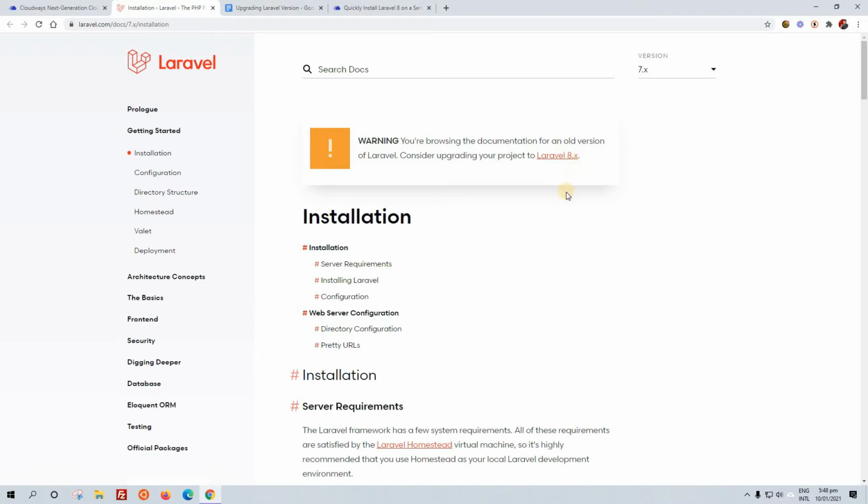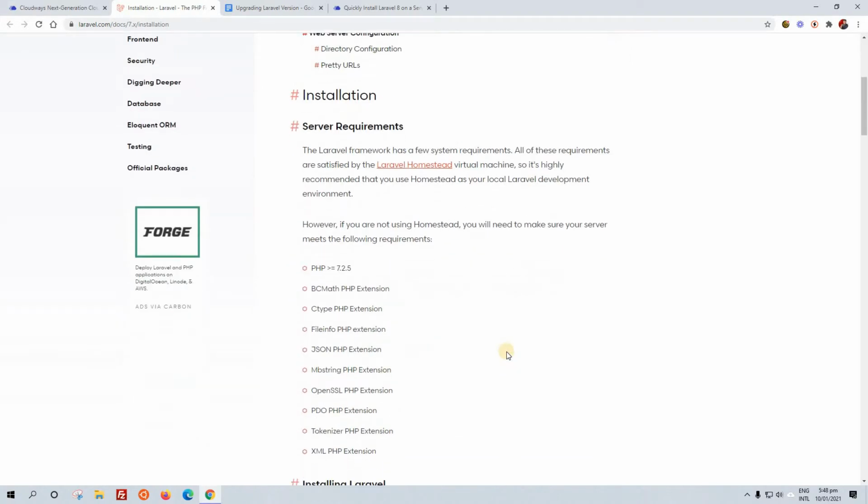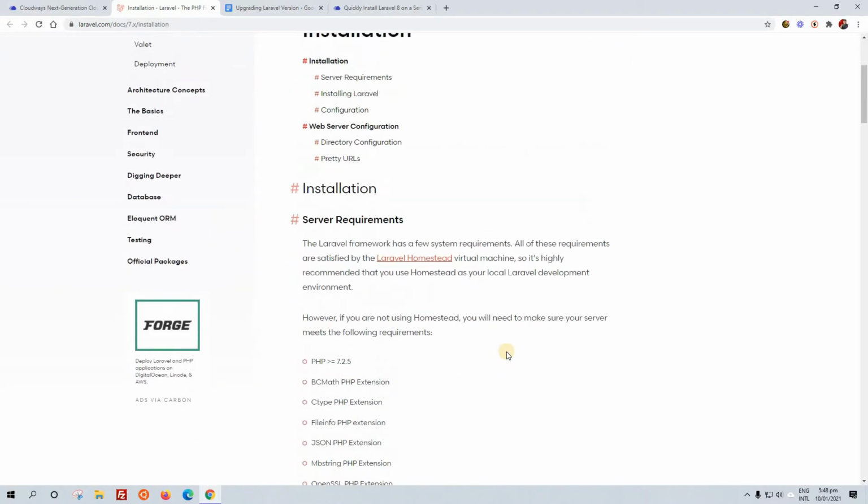They are pretty much similar steps in installing both the versions. In this guide we are going to install version 7, and the same steps are going to be performed for version 8, so I'm going to refer to that later in the video.